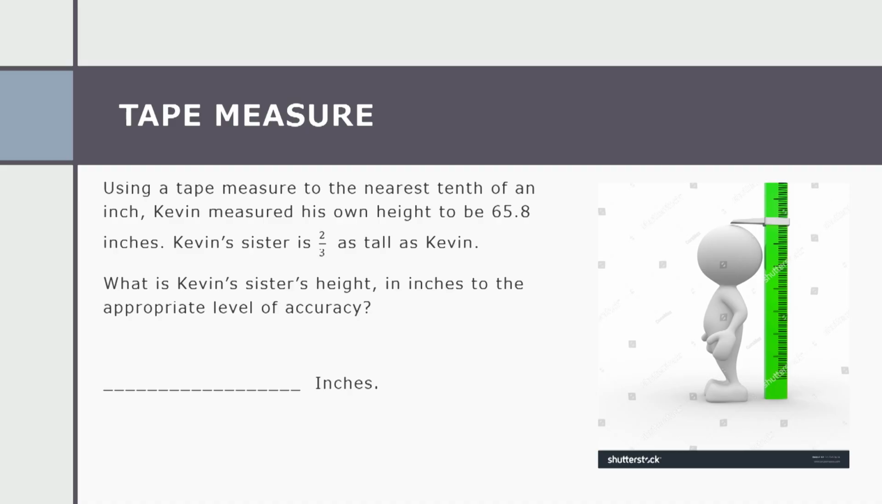Using a tape measure to the nearest tenth of an inch, Kevin measured his own height to be 65.8 inches. Kevin's sister is 2/3 as tall as Kevin. What is Kevin's sister's height in inches to the appropriate level of accuracy? So what I'm going to do is take how much Kevin measures and multiply it by my 2/3, and that will give me how tall Kevin's sister is. So when I multiply that, I get